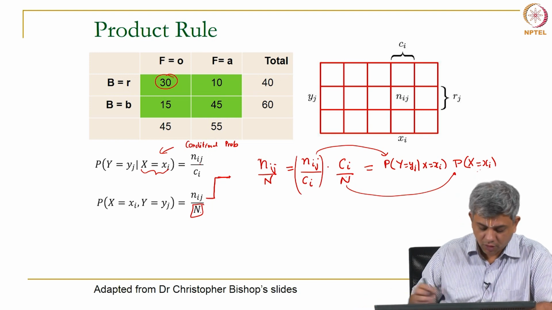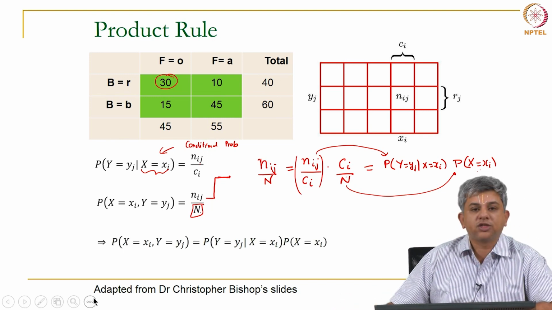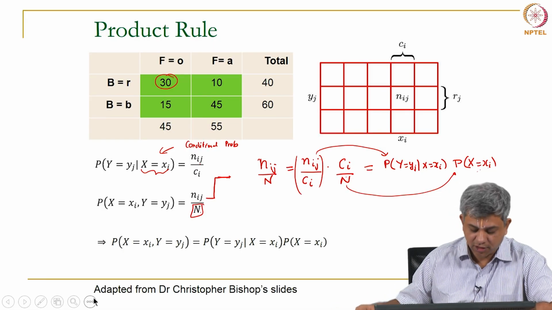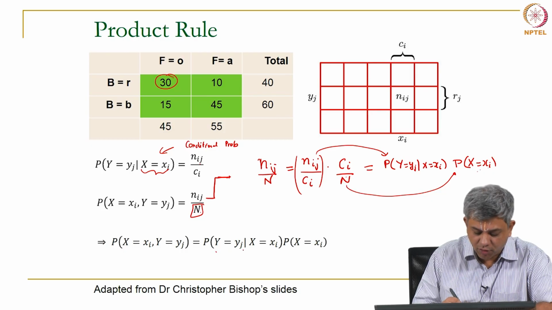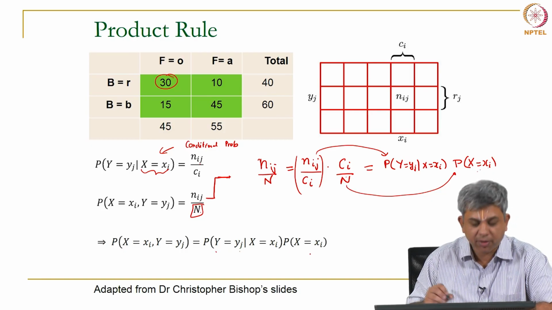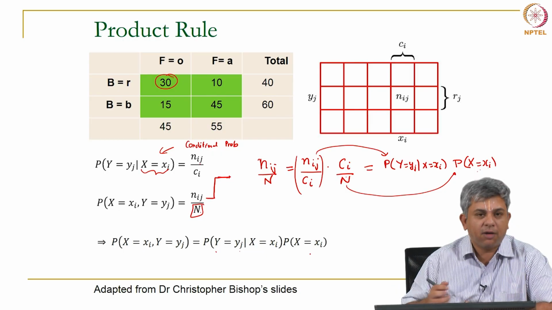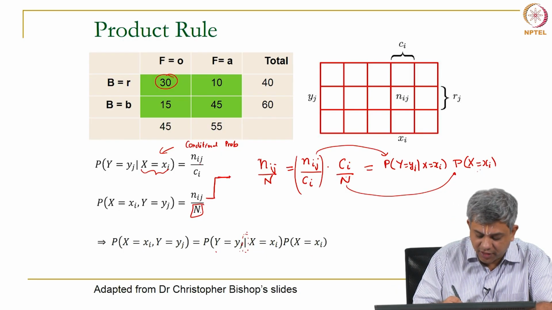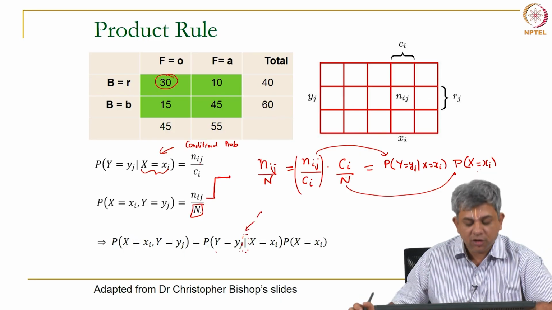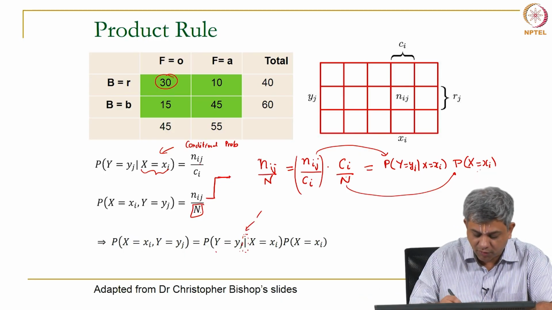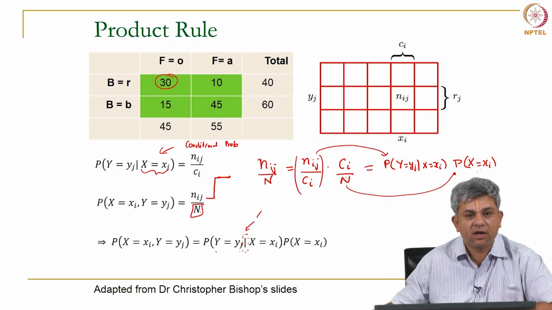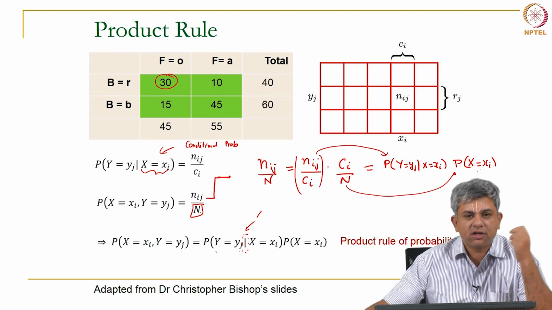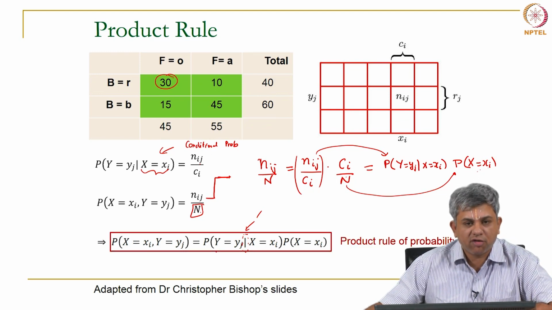Okay. So, this rule is called the product rule. Probability that x equal to xi, y equal to yj is probability of y equal to yj given x equal to xi multiplied by this. You can even see people have chosen this notation very carefully. You can even think of this as if it is a division sign. So, that you can think of this as p of x comma y is p of this by this multiplied by this. Okay. So, that is just for memory's sake, otherwise this rule is called the product rule of probability,